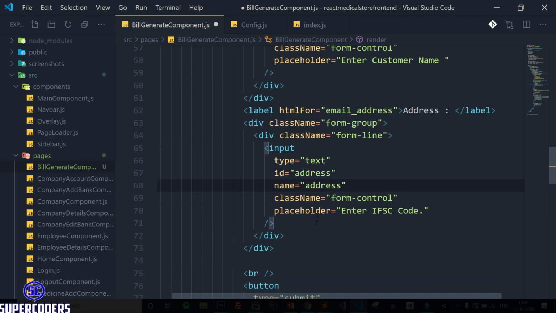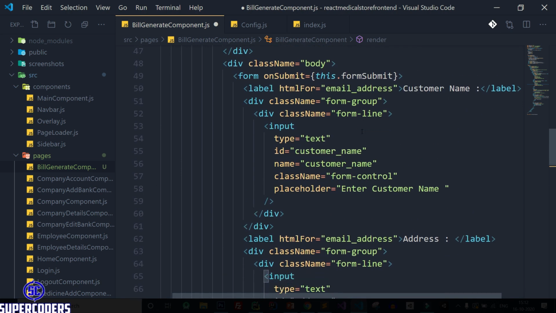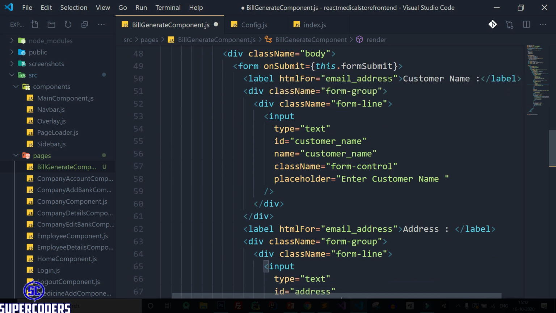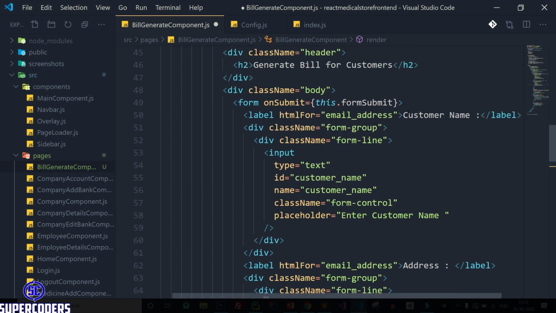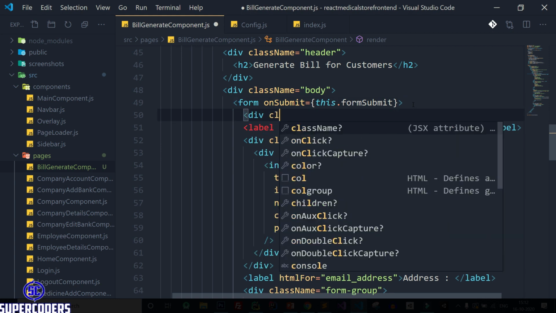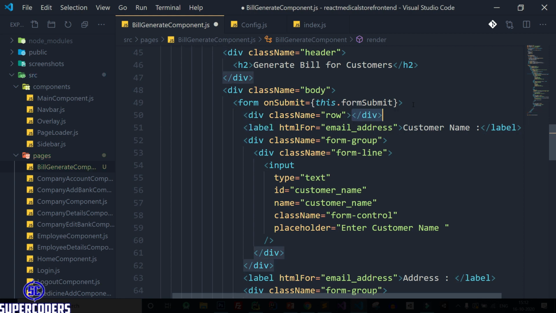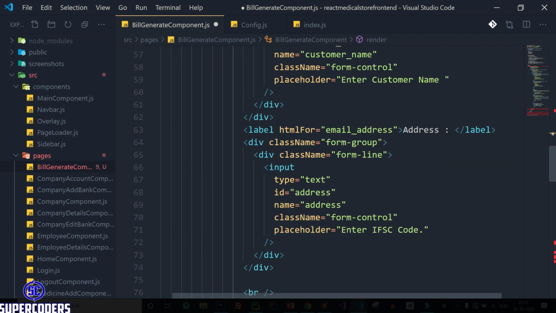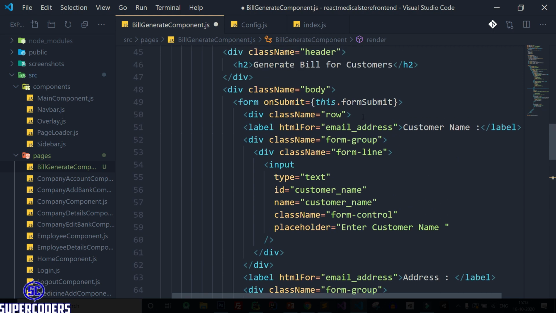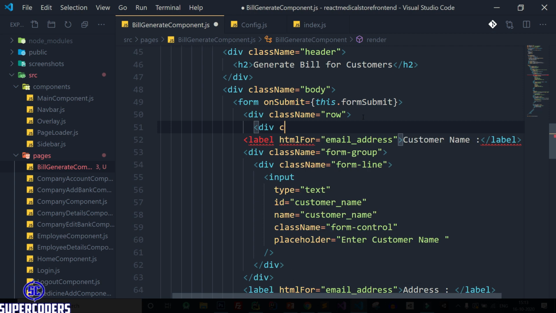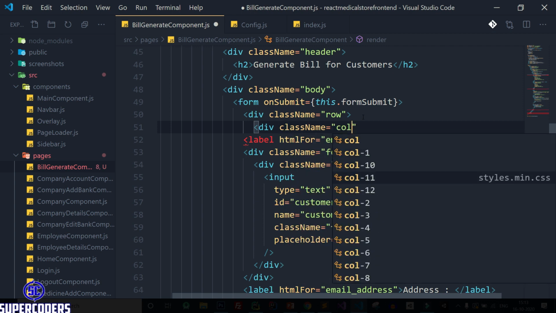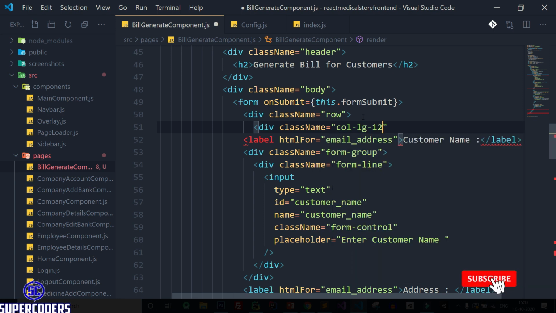Also do one more thing. Let's enclose this inside a row. So simply div class name equal to row and close this row here. After that, div class name equal to col-lg-6.